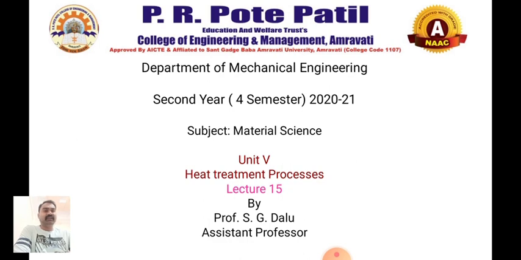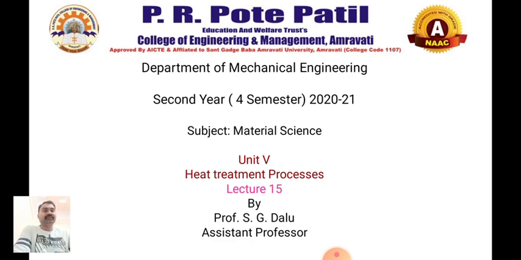In the second unit, we studied the iron carbon equilibrium diagram. With its help, we studied alpha ferrite, delta ferrite, austenite, cementite, ledeburite, then pearlite. These different phases, their occurrence, percentage of carbon and temperature we have already studied. Next, we studied the different invariant reactions, that is peritectic reaction, eutectoid reaction, and eutectic reaction.